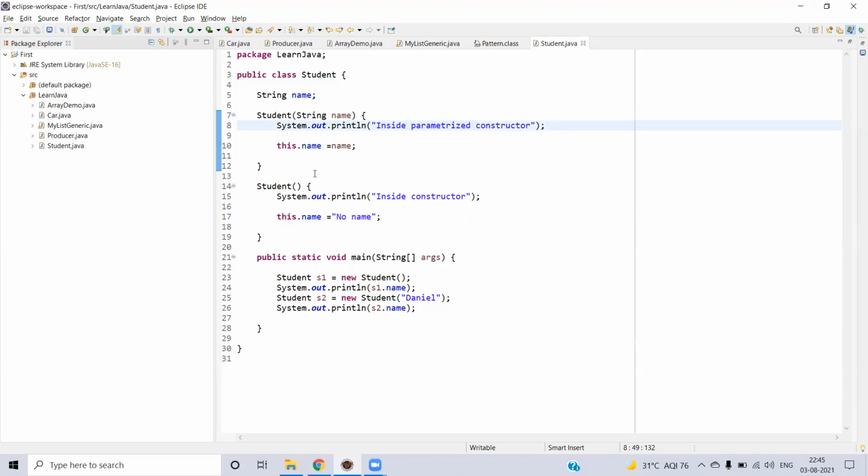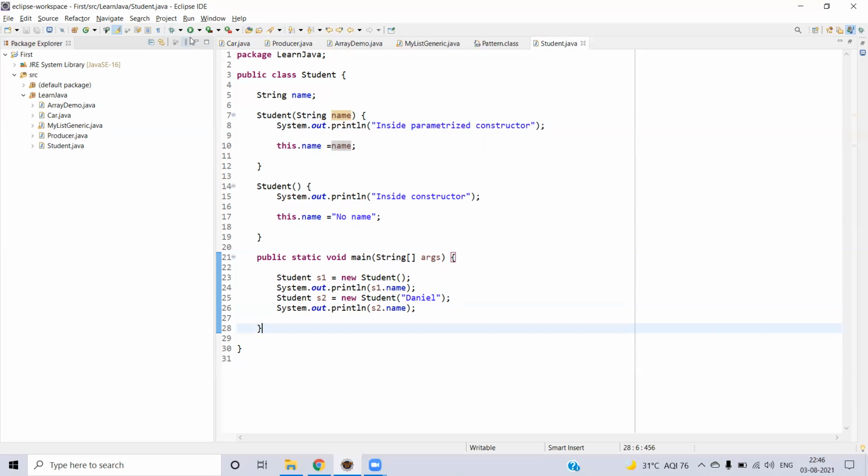And again, the this keyword remains the same concept, but this keyword will be pointing to the newly created object for S2. If you see line number 25, the new keyword will create a new object, not the object which you created in line number 23. That new object will be referred to by this keyword. So in simple terms, the new object can be accessed by using the this keyword, and the new value, whatever we have given through the constructor, will be assigned to the name.